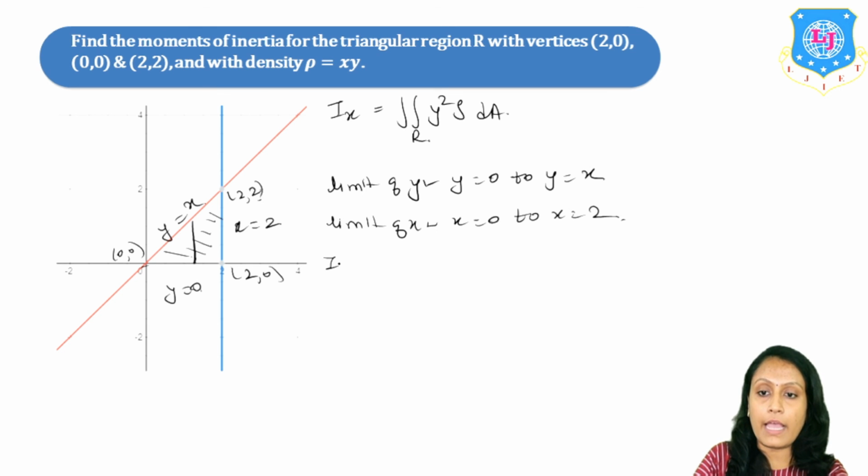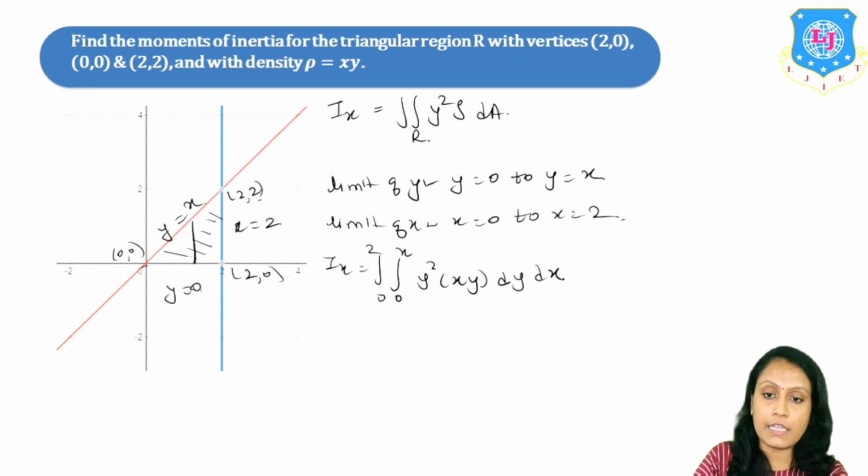So Ix is double integration, 0 to x, 0 to 2, y square, rho is given by xy, so this is xy, dy dx. On simplification you will get